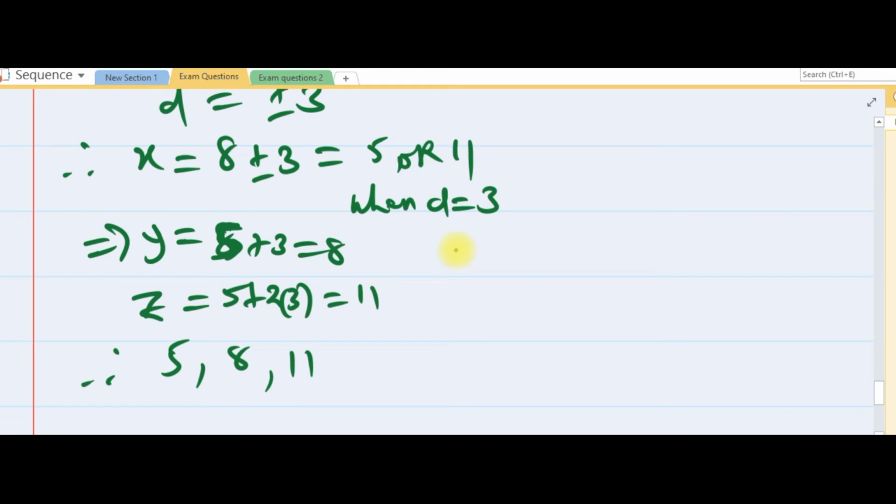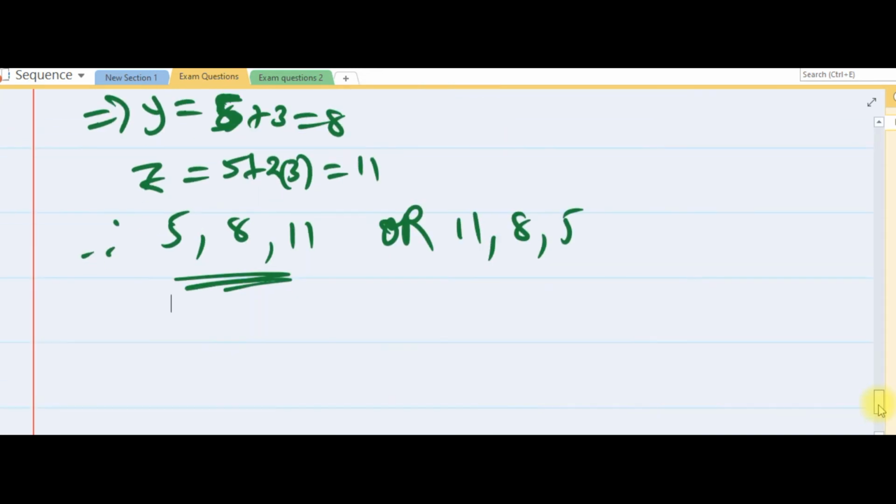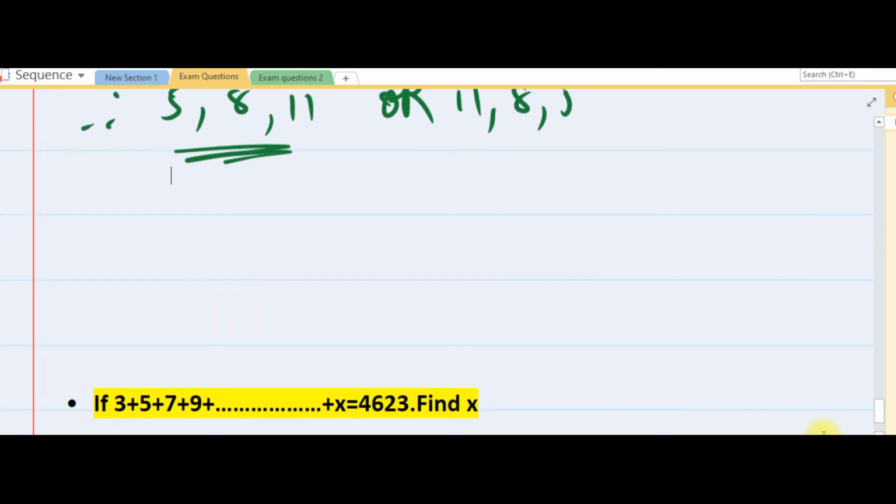Again, if you try to use d as minus 3, our first term will be 11, so you still have the same thing. After doing it, you still get 11, 8 and 5, which is still correct. So using d as minus 3, the values are 5, 8 and 11. So that's our answer. The next question, we are given: